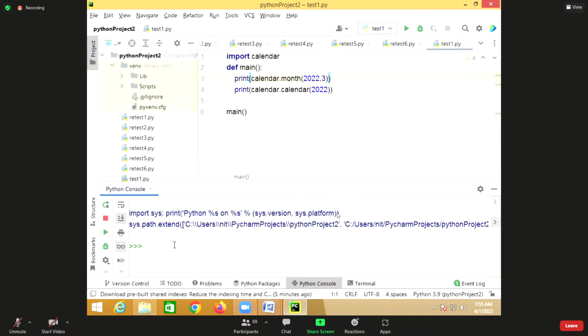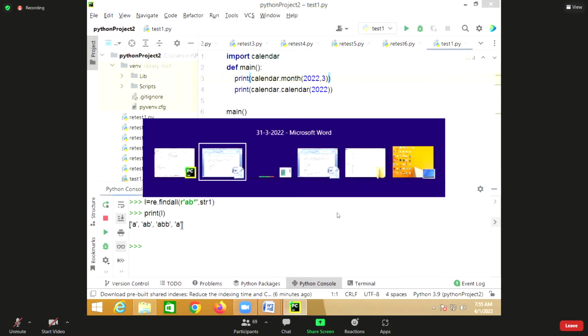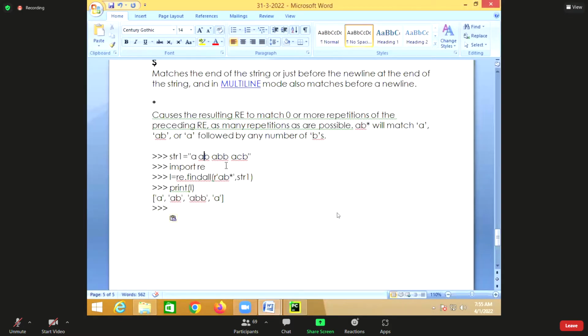Now you can see there is A, and AB and AB and B, and there is A. So what is the meaning of this? You are finding all the patterns within the string, A followed by how many B's here, zero or more.